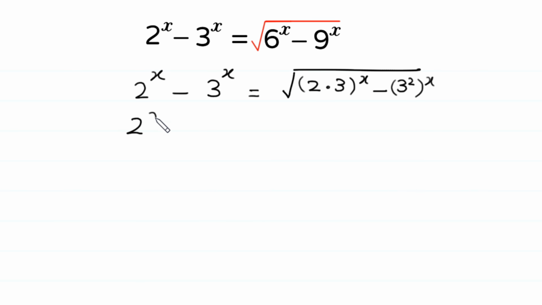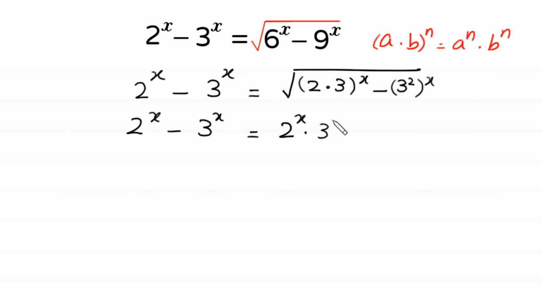Next, according to the property of exponents, a times b whole to the power n is equal to a to the power n times b to the power n. We can write this 2 times 3 whole to the power x as 2 to the power x times 3 to the power x minus,